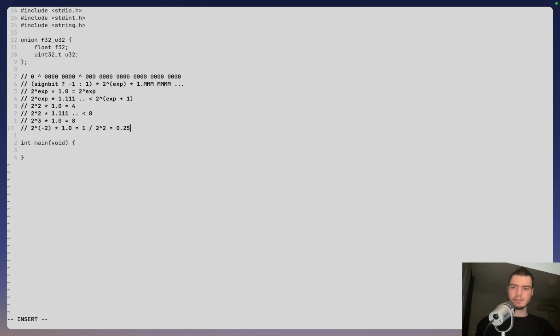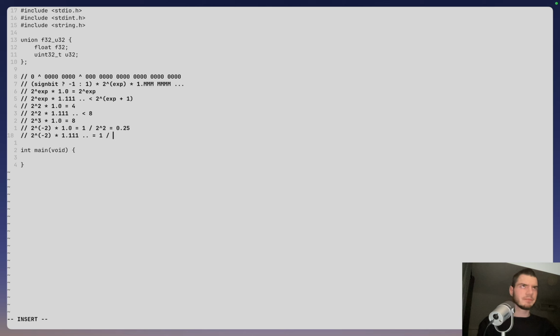And that's just 0.25, or 1 divided by 4. And let's again assume that our mantissa is all ones. 2 to the power of -2 times 1 point, and then 23 ones. We get,